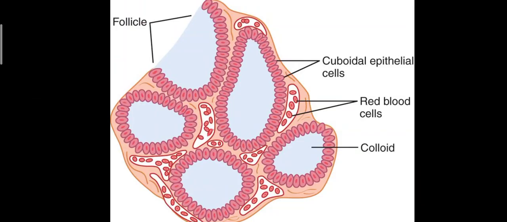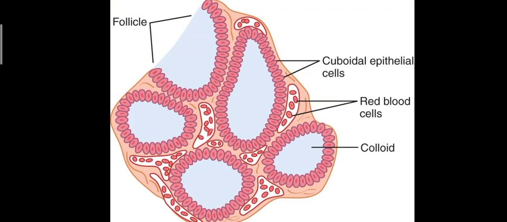Now let's have a look at the physiologic anatomy or histology of the thyroid gland. If you look at this histologic diagram of the thyroid gland, you can see that it consists of a large number of closed follicles. These are large follicles, about 100 to 300 micrometers in diameter. They are filled with a secretory substance known as colloid, and these follicles are lined with cuboidal epithelial cells. These cells are very important because they secrete their secretions into the interior of the follicles, and the major